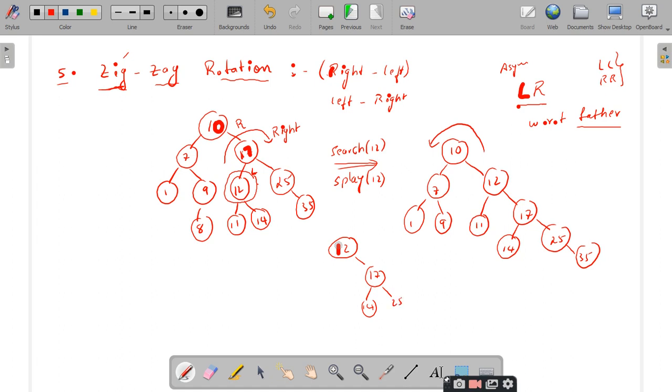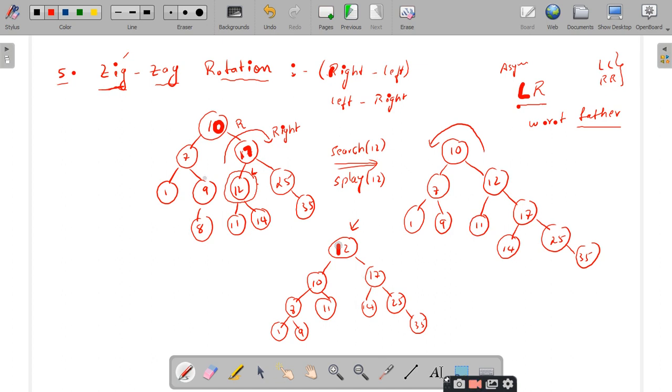Things remain as they are, and this becomes 10, 7, 1, 9. What happens here? 11. Right. So here 12 has been made the root node. This is what splaying is. Is it clear? Yes, sir. Clear, sir.